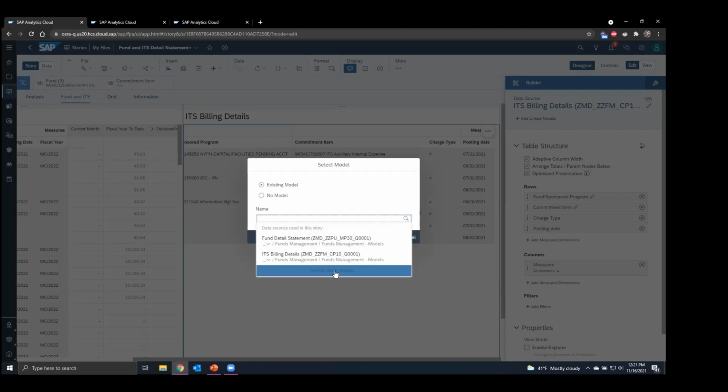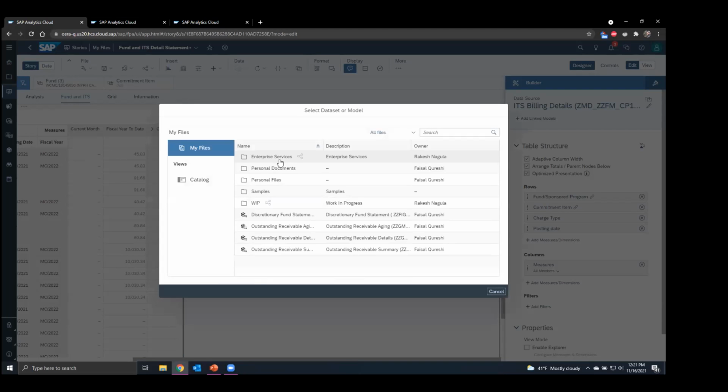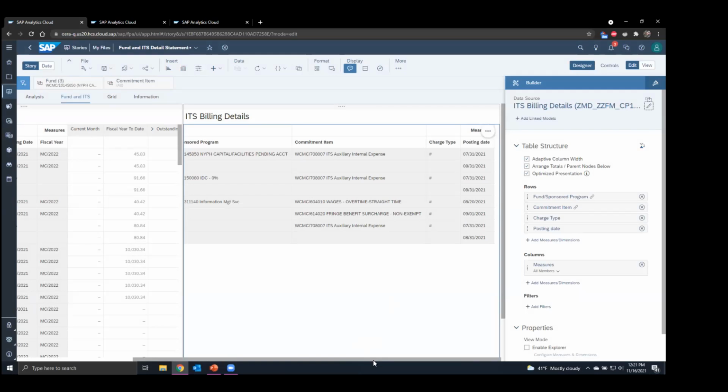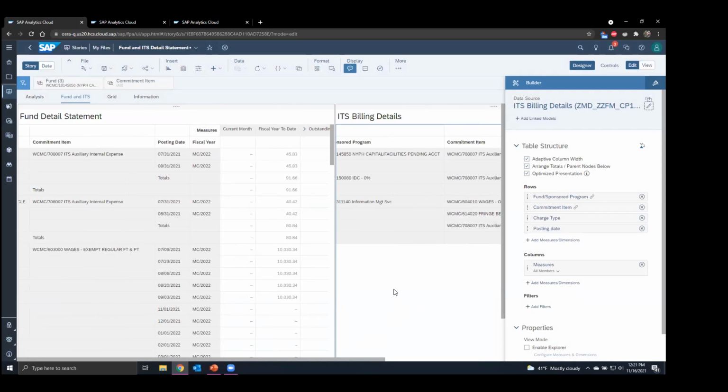But if you go to select other model, you'll get a drop down of all the models that are available to you on your personal folder or assigned to you via security. So from here, you can select whatever story or rather model that you want to add into there. I've already selected ITS billing, so I'm not going to go into that any further. But once you have the stories in the actual